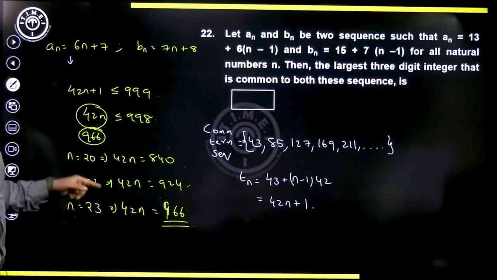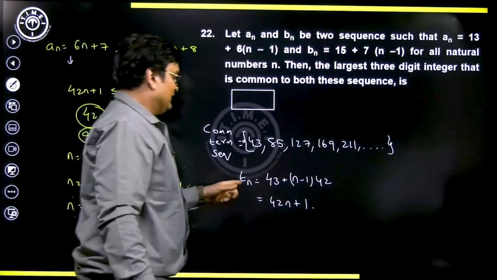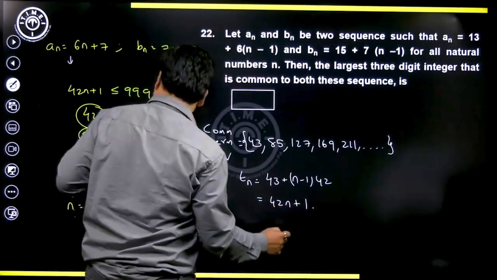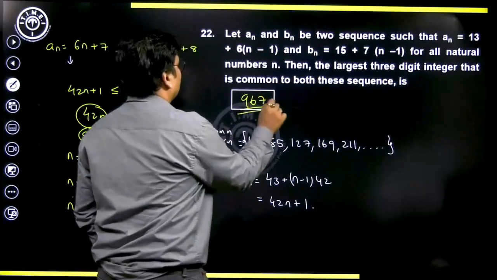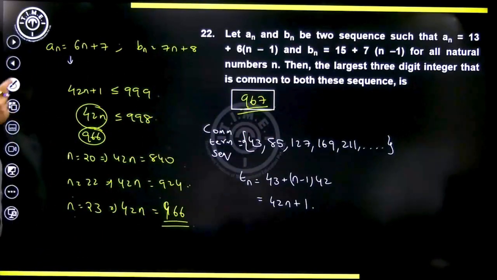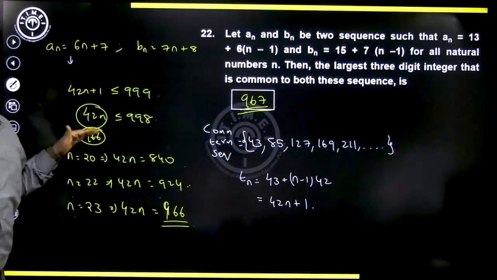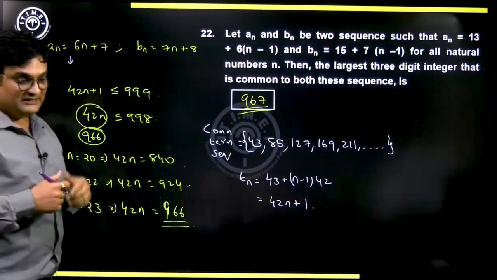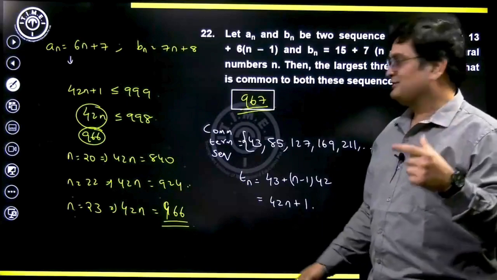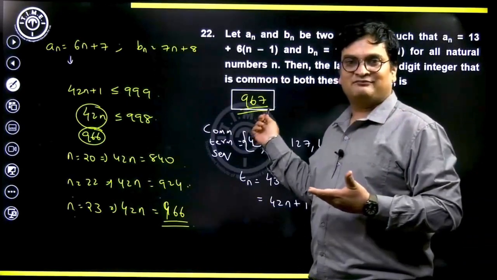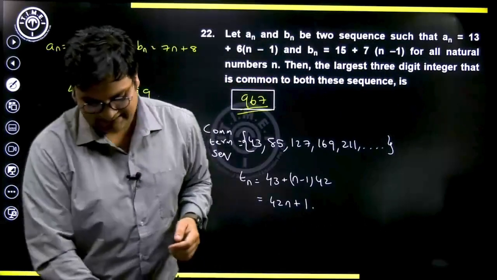Not beyond this, because if you go beyond this, it will go beyond 1000 into a 4-digit number. Thus the common term will be 42n plus 1, so 966 plus 1 will be 967. Please note, there is a risk that some of you might mark 966 as the answer even after working it out very well till the end. So please read the question and understand the conditions and the steps you have written very well, because if you don't get that right, you might mark a wrong answer and the entire effort will be wasted. So with this, we have come to the end of